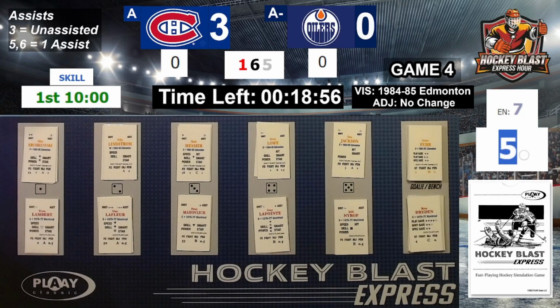And Ken Dryden can't make the save as Edmonton gets on the board early. It's a 1-0 lead on a breakaway goal. Home goalie must make a spec save, which Ken Dryden couldn't do, as Kevin Lowe will take the goal. We'll take the chance here. We'll have a defense stop,